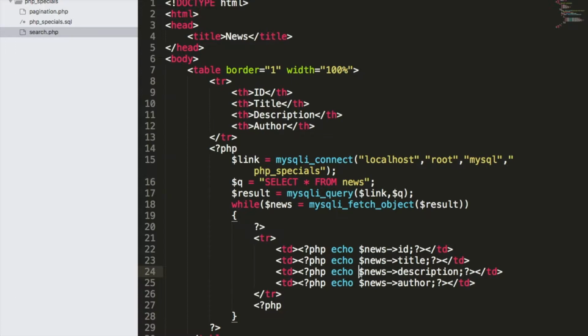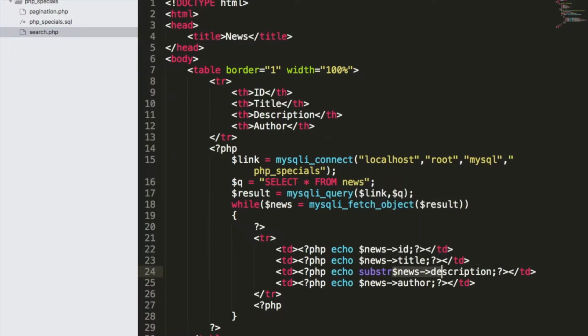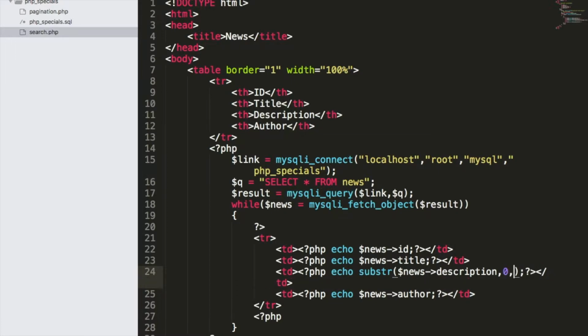So what I can do is use a function called substr, and what it really does is we can specify the starting position of this description and the number of characters we want to display in the second and third parameters. So our first parameter would be our text, and my second parameter would be my starting position, which is 0th index, and my third parameter will be the number of characters I want to display,